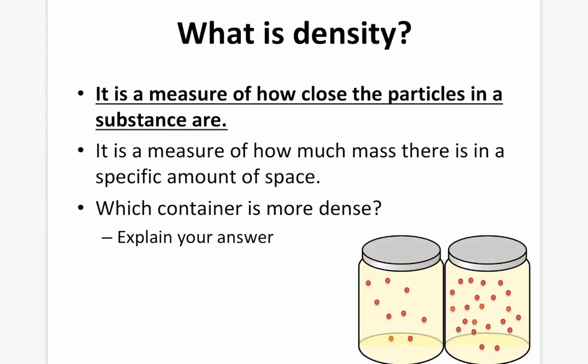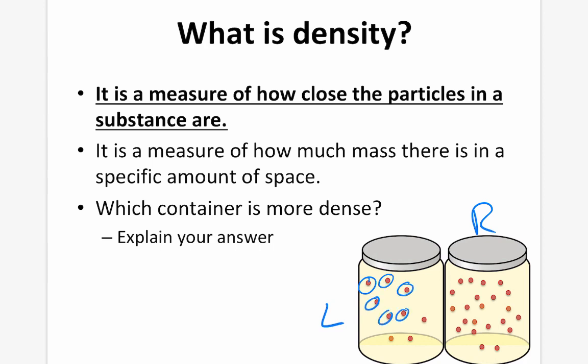Now density is another physical property, and it's a measure of how close the particles in a substance are. Essentially, how much stuff can we fit into a container? So which container is more dense? The container on the left or the container on the right? Well, if we count all the different particles inside the containers, we'll know that on the left, there's 1, 2, 3, 4, 5, 6, 7, 8, 9 particles,